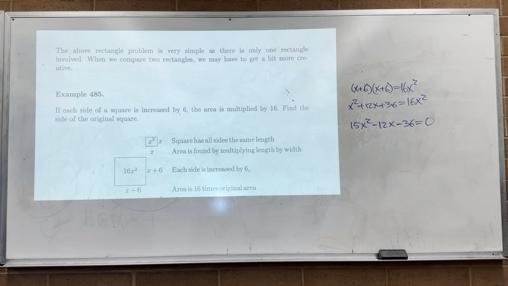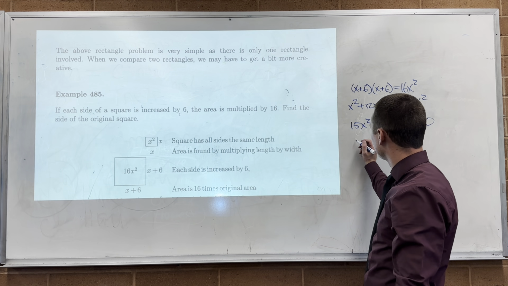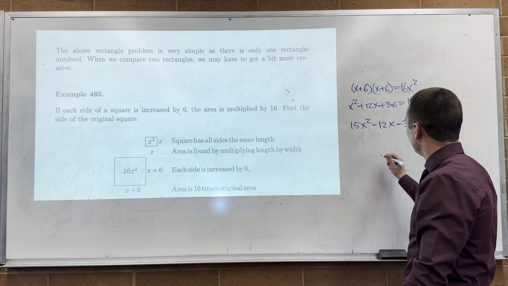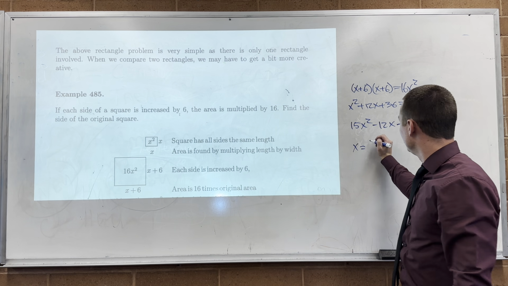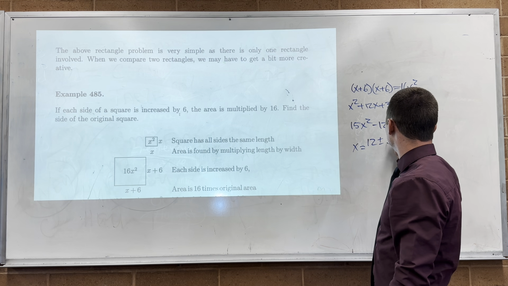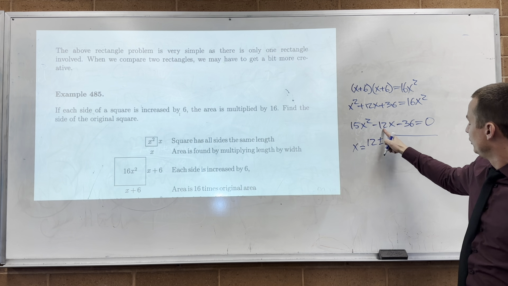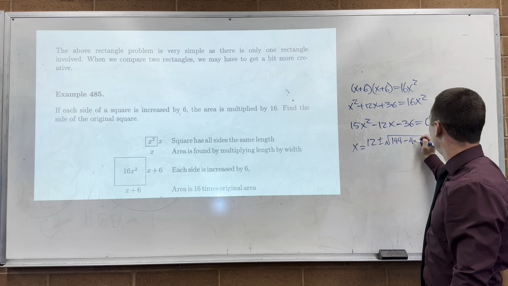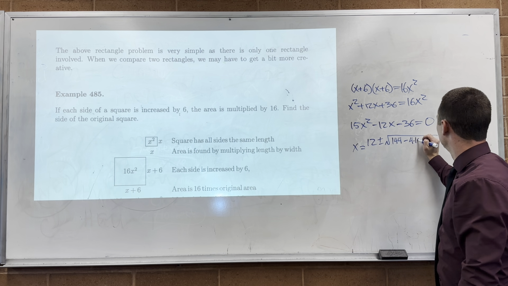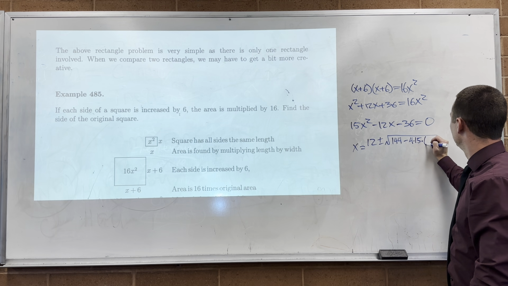Now we can try and factor if we can see some nice way to factor it. Or if we don't want to have to think about it, we can always and forever just go straight to the quadratic formula. So let's go straight to that. So I've got this, so what's my quadratic formula? x is equal to negative b, in this case 12, plus or minus the square root of b squared, which is 144, minus 4 times a times c,